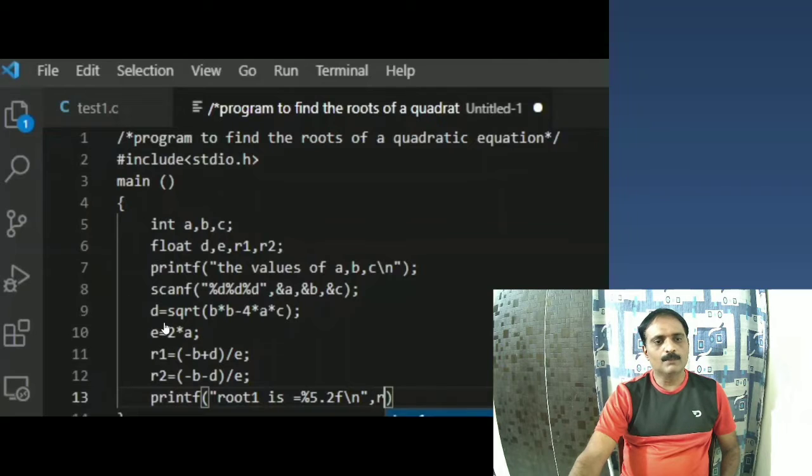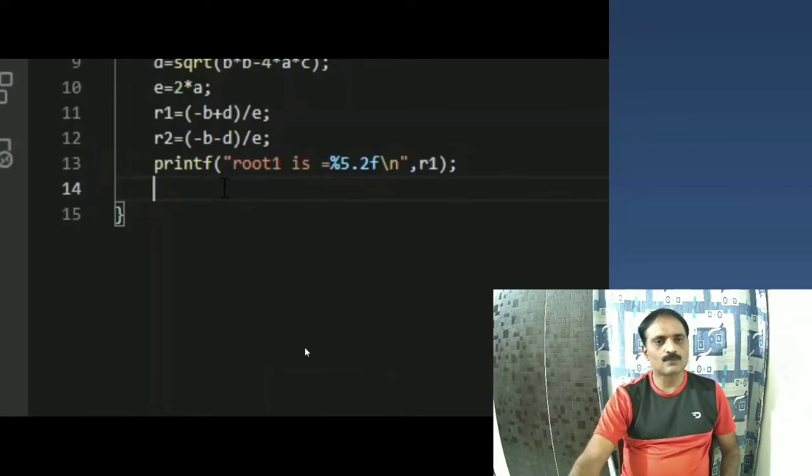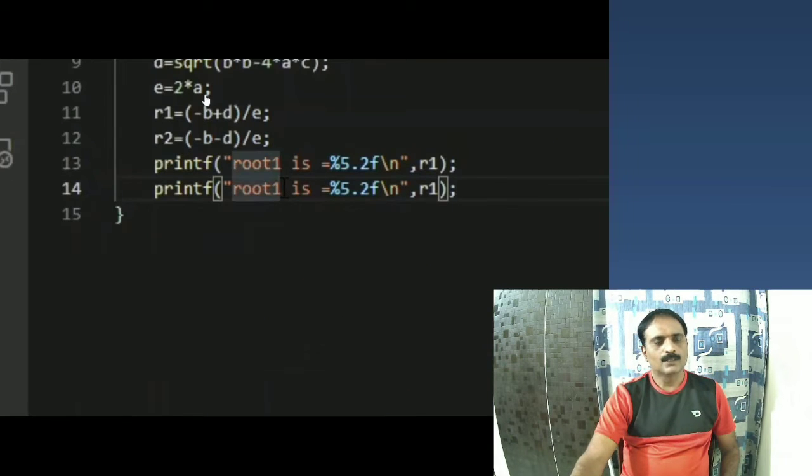After that I am defining d as equal to sqrt of b square minus 4ac, and e as equal to 2a. Then root 1, r1, is equal to minus b plus d by e, and r2 is equal to the corresponding expression; this is the mathematical part.